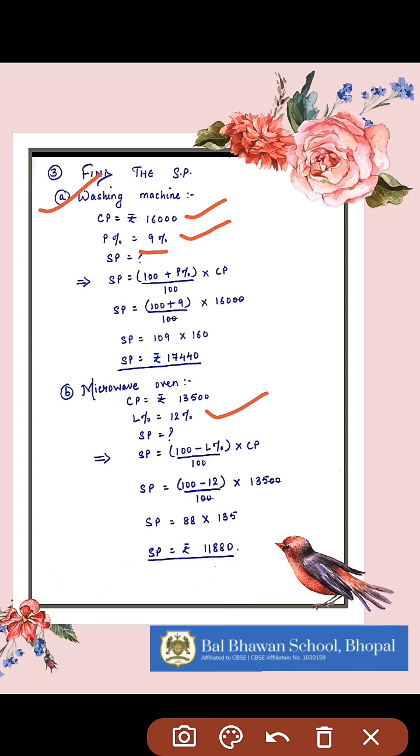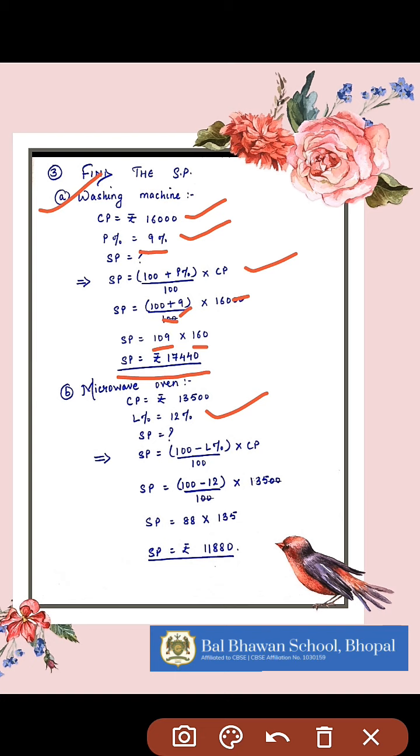Now in case of profit, the selling price can be found out by this formula, that is (100 plus profit percent) upon 100 into CP. Now let's substitute the given quantities. So you get selling price is equal to (100 plus 9) upon 100 into CP, which is 16,000. Now these two zeros in the denominator can be cancelled with two zeros in the numerator. So you will get SP is equal to 109 into 160. And when you are multiplying them, the selling price is rupees